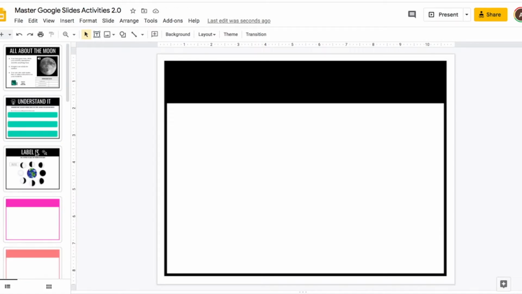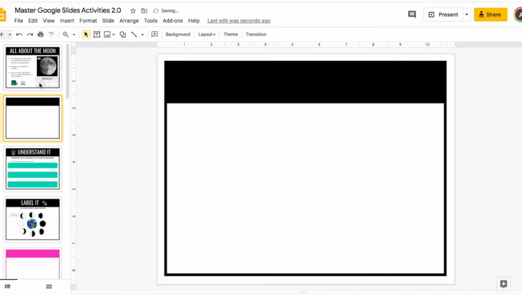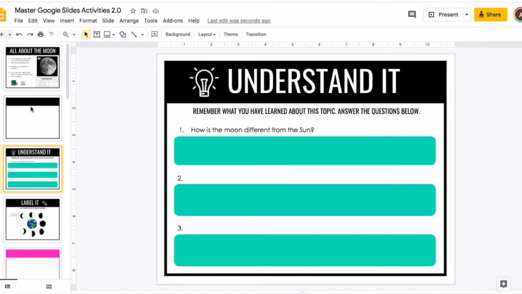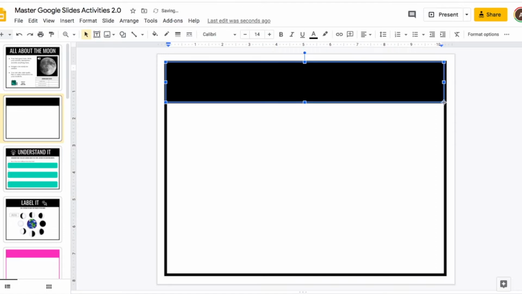So I'm going to go ahead and move my copy up here. So I'm going to be referring to my example over and over again, and I want to be able to see it clearly. So once you've made a copy of the black background slide and you've moved it to the top so that you can refer to the example, the first thing we're going to do is add a title to this. You're going to go to text box,